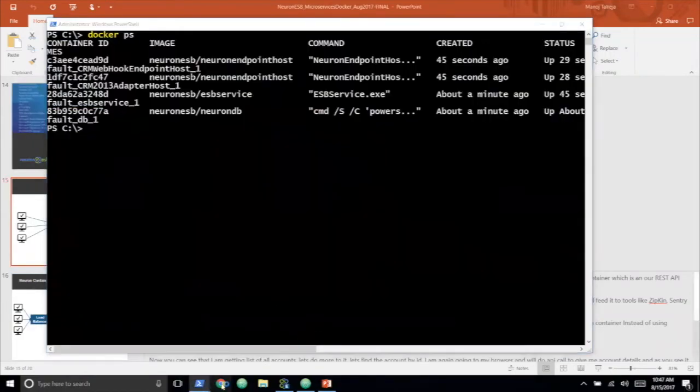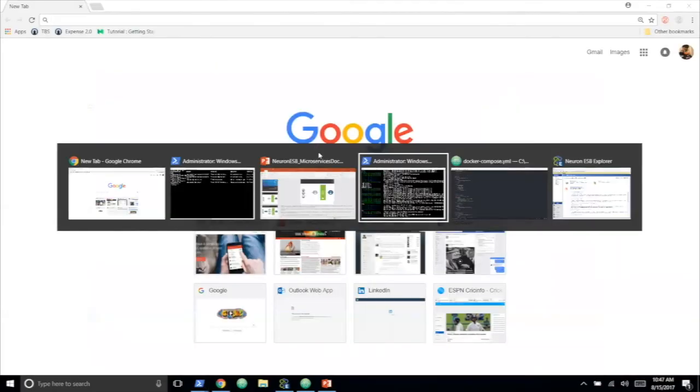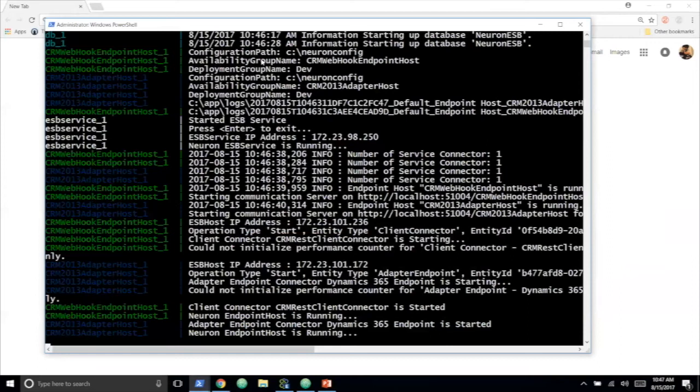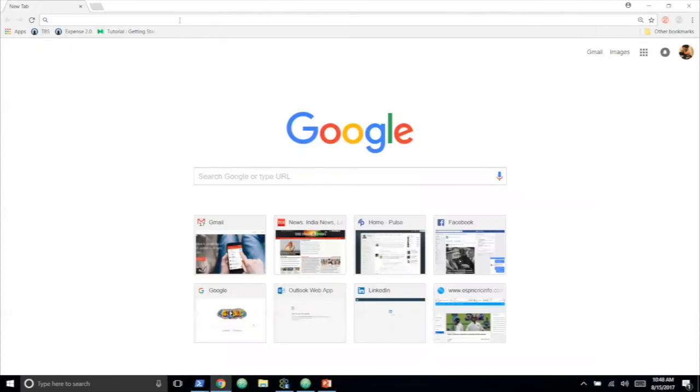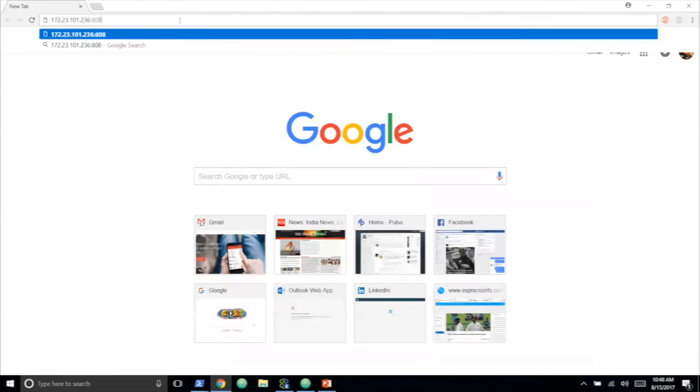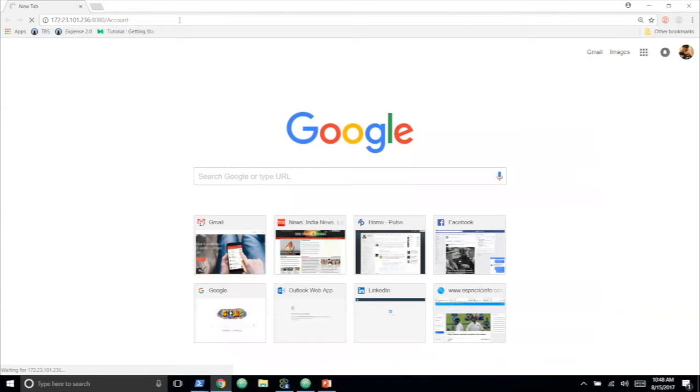So with that being said, let me go and open a browser and let me call this API. So I'm going in browser. Basically the way I have defined my APIs, I'm saying it has to go to localhost. But just to make sure that this is working straight away from container, I'm going to take this IP address and I'm going to call my API from there. So here you go, and 8080, and I'm saying account. So this is going to go and talk to the container, and it's going to bring me back the records from Dynamics CRM.